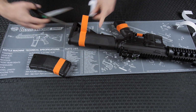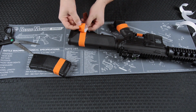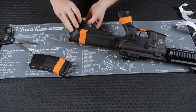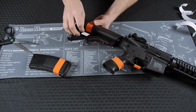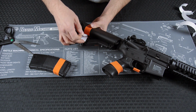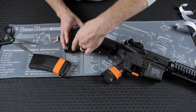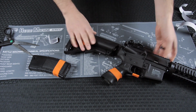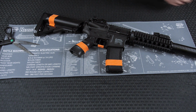And we can go ahead and trim off this excess. And where this would help out is you can push the adhered portion, you can fold it like so, and push the adhered portion through the sling loop, and it won't get caught up and stuck before you're ready to remove the backing. So you see how now I still have that backing and it's not sticking to anything. Now I can pull back just a little bit more. Full surface contact with no voids or air pockets is the best way to ensure that this stays in place during use. All right, and now we have successfully adhered all the tape to the required surfaces on the replica,